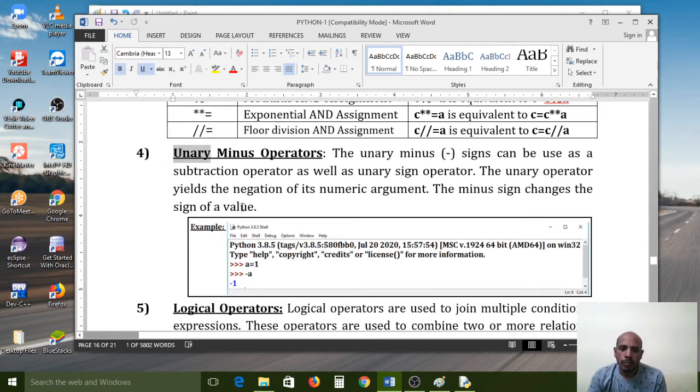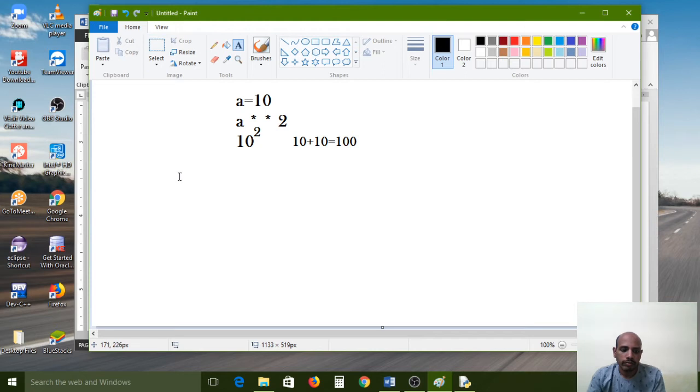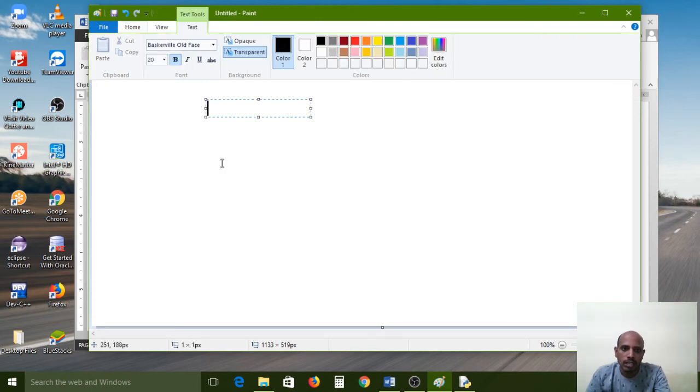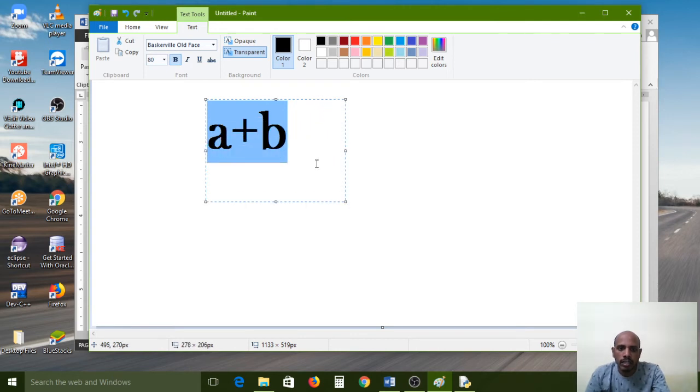Actually, arithmetic operators should work with two operands, like A plus B. Wait, I am showing it diagrammatically, then only you can understand the meaning of unary operator. A plus B: A is one operand, B is the second operand, and in between we use the operator symbol.